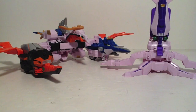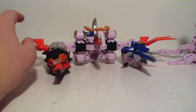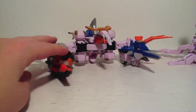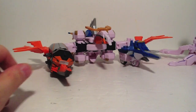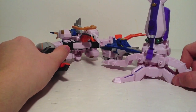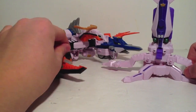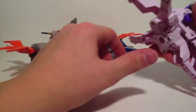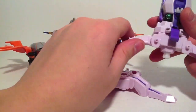Now we're on to the final combination of the Octozord. It can combine with the Samurai Battle Wing to form the Samurai Battle Cannon, because the Claw Armor Megazord was a combination of the main 5 Rangers and Antonio's Zord, and then this is main 5 Rangers, auxiliaries, plus Antonio's Zord. So to prep the Octozord, you want to take and disassemble him here,